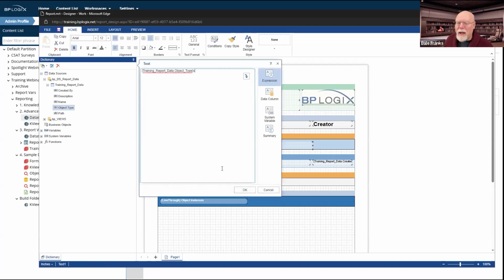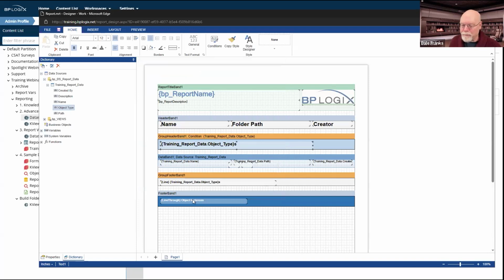So I don't really have to do that if statement. I've already got the object type. I think it says either form instance or timeline instance. All I've done, since instance ends with an E and it can be pluralized simply by adding an S, is simply add an S to the end of that system variable. So it is going to return either form instance, then I'm going to add an S, which will convert it to instances, and the same thing for process timeline instances.